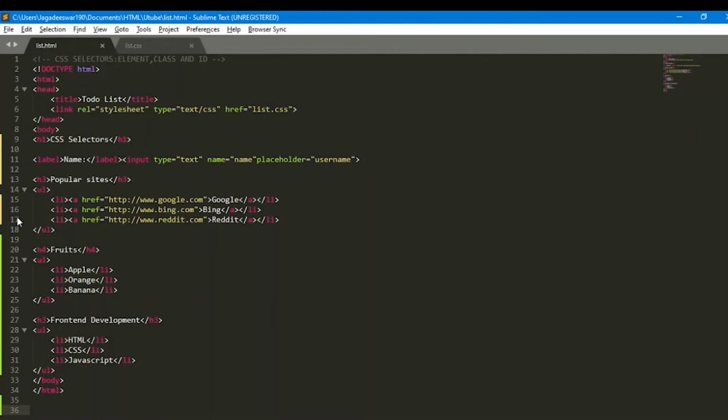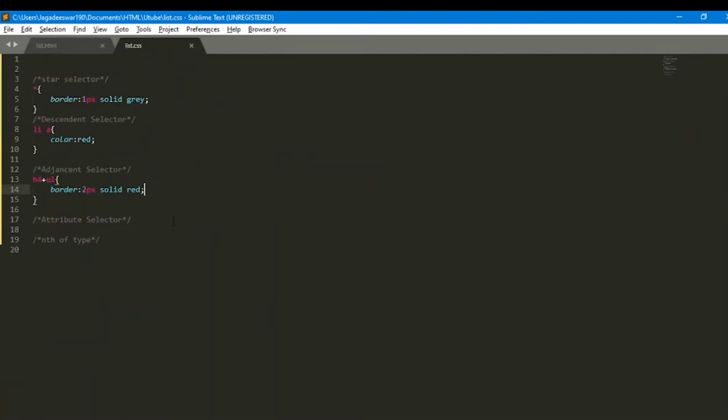So the next one is the attribute selector. The attribute selector is used to select elements whose attribute value matches a specified value.